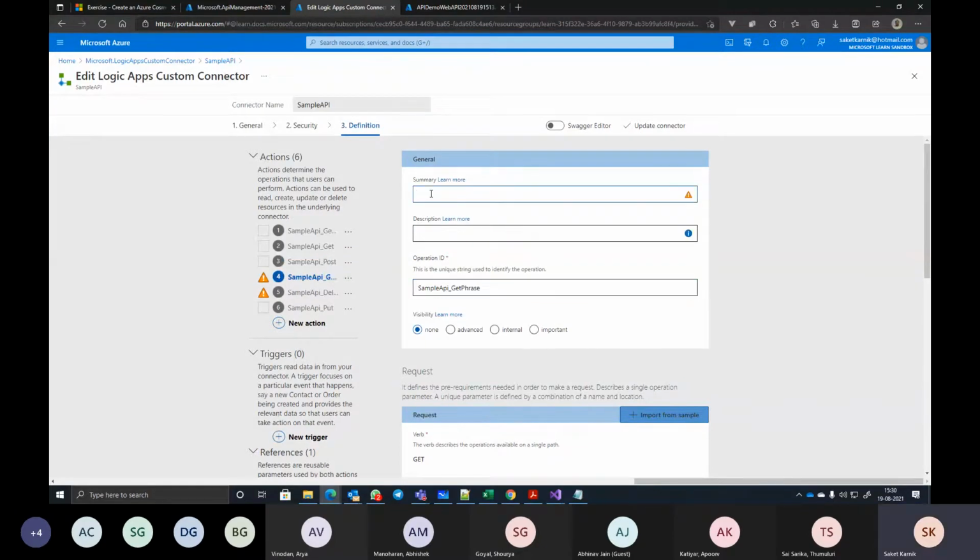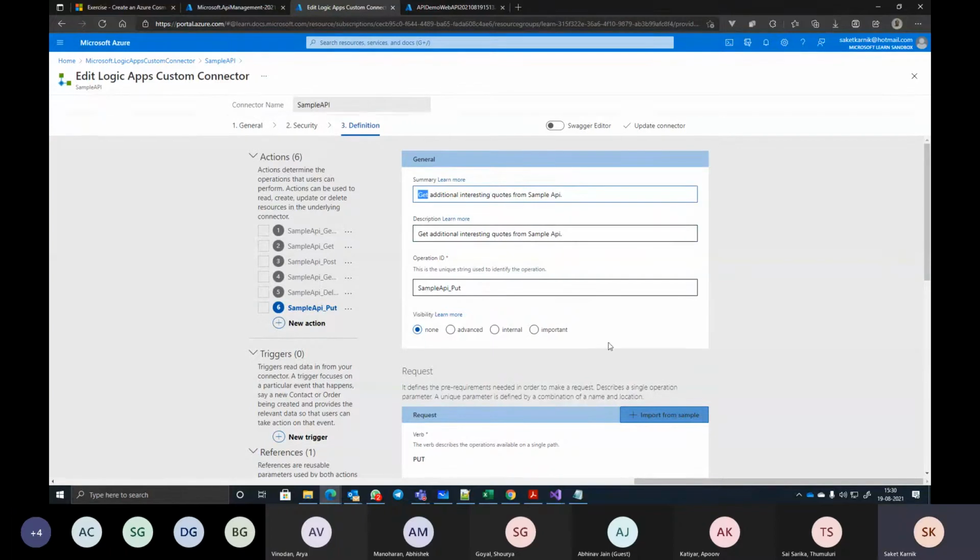Then I go to get one once again. Then I go to delete one. Delete quote by ID from sample API. Whatever you feel is the right text you can put and then put.